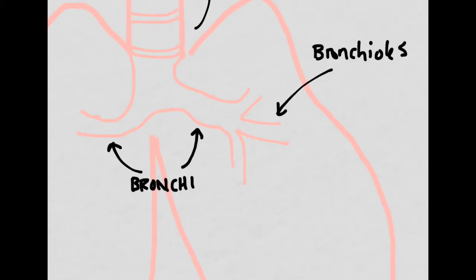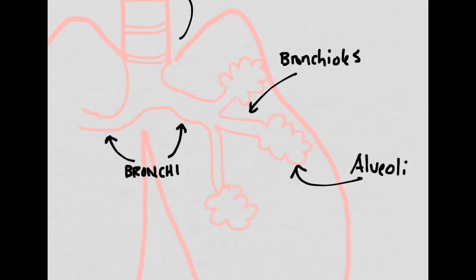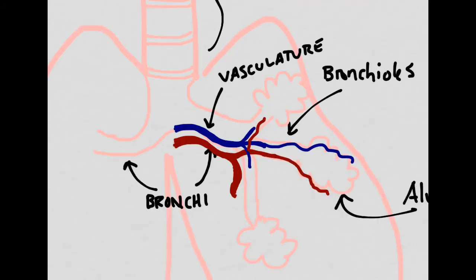The bronchioles are smaller than the bronchi. Finally, at the end of each bronchiole, you have a series of small air sacs called alveoli. I've only drawn 3 of them here, but you actually have many alveoli in your lungs. All along these passageways are a series of blood vessels. They start off as being pretty big, and they actually get a lot smaller as you move down towards the